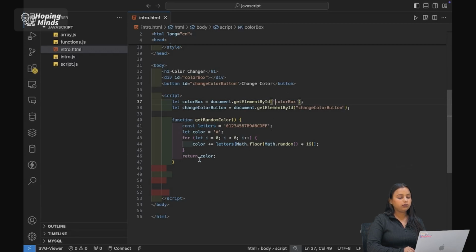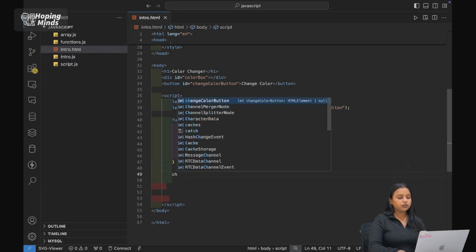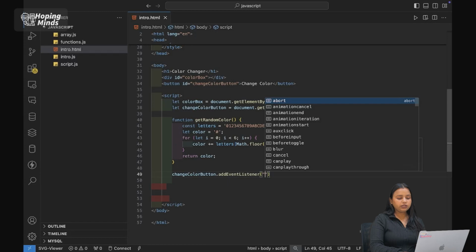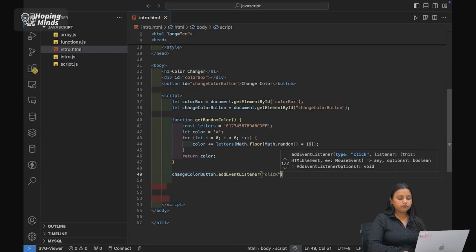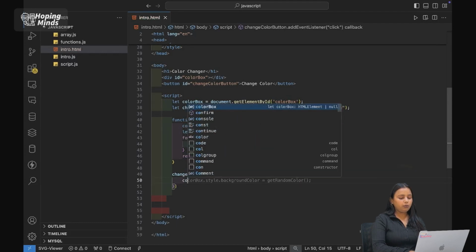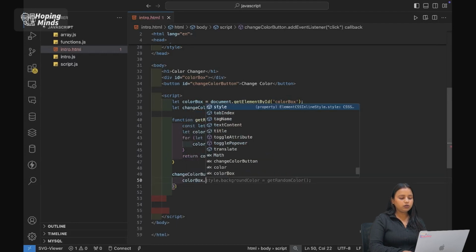Remove your double colons from here, and now select your change color button, because I want to add an event listener so that I can perform some operation on it. I have added a click event listener so that whenever I click on it, something will happen. So add your arrow function over here, and in here I want to change the color of the box.